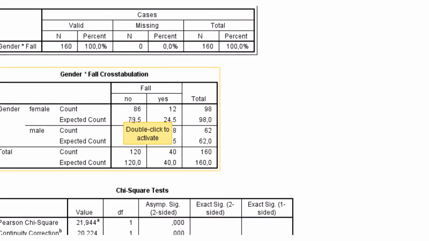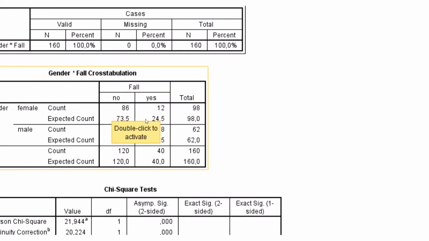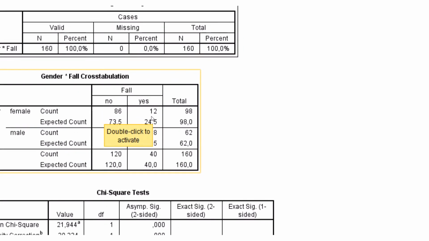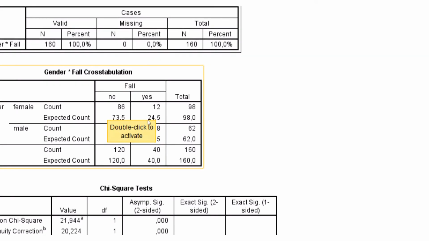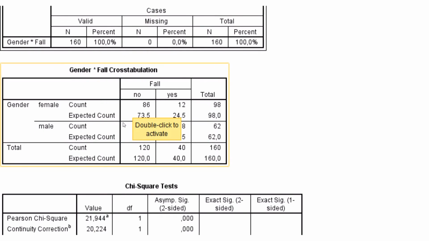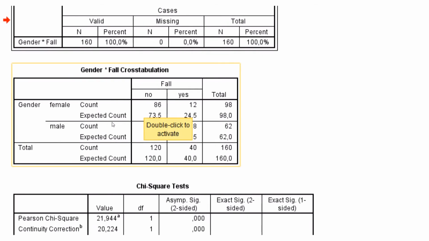So 86 minus 73.5. It will do the same for the observed here, which is 12, and then the expected is 24.5. So it will calculate these differences, and with these differences, what we term the chi-squared distance, or statistical difference, it will use this to calculate the chi-square statistic,